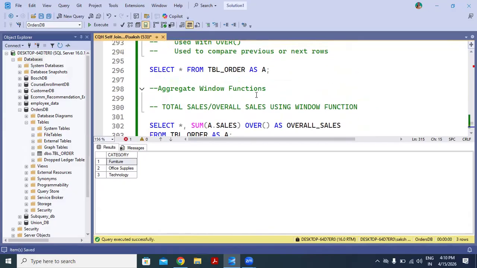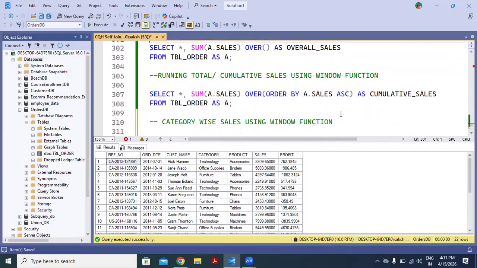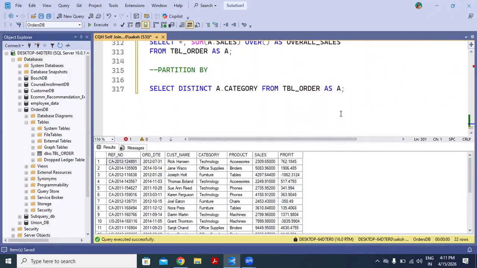And what do we want here? We want the partitions here. Like we can find out, for technology, we must have the overall category wise sales against each category. Which we cannot do with the help of group by, as if we apply group by here, it will reduce the rows. But we want overall category wise sales against each category without losing the data. So let's see how to do it with the help of window functions.